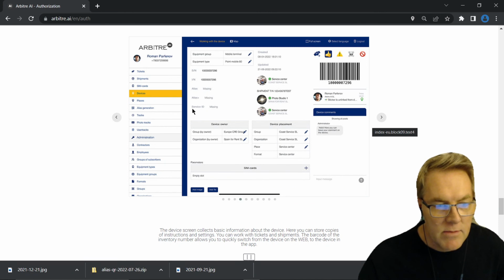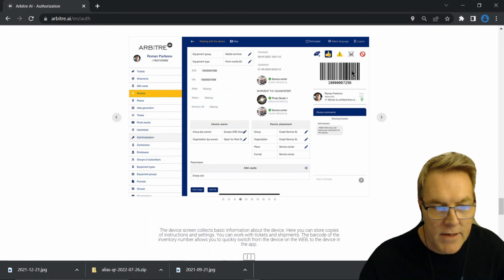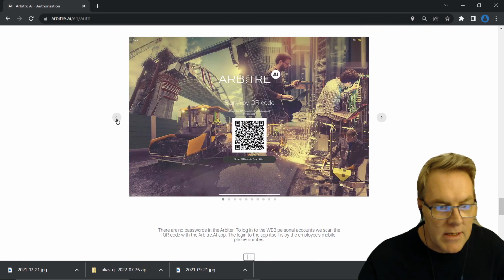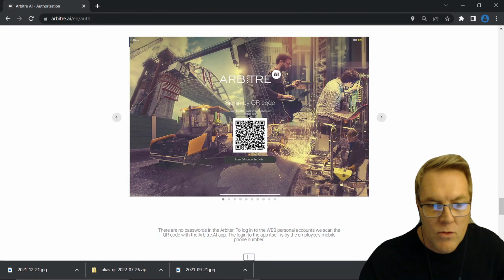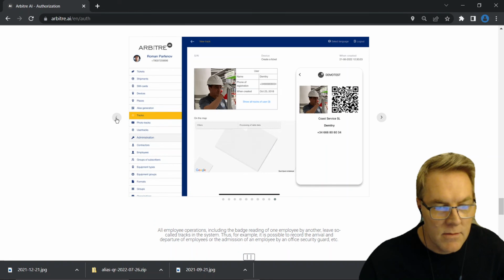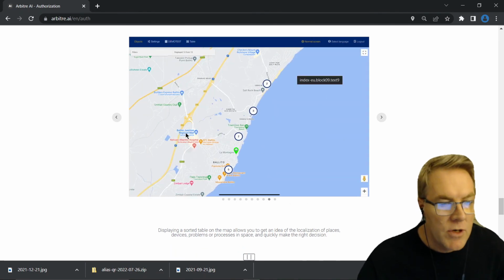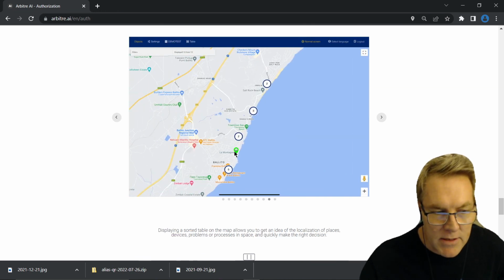Here you can see some detailed screenshots about devices alias generation. I like the devices one. There's a barcode. You can see it there. Devices, places we've done in detail. There's your sign-in screen. And these are your tracks. So tracks show you what has recently been done by this specific employee. And there's the geolocation screen that I've also detailed. I've shown you how, when we're adding a place, it puts the little pins down. There's the La Montana Hotel, which I was visiting.